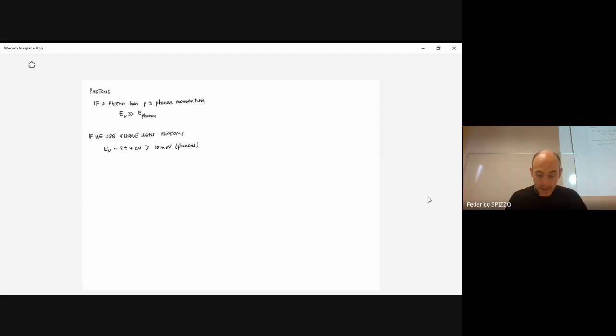What is the drawback? We have the resolution to access the energy change of the photon after the interaction with the phonon, but concerning